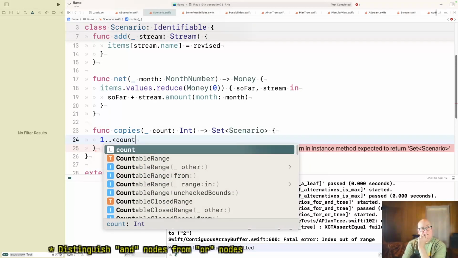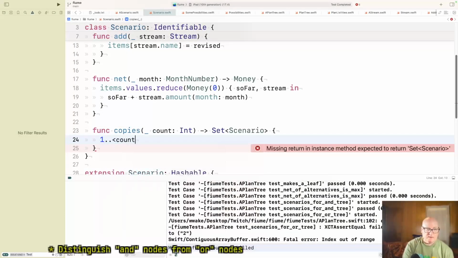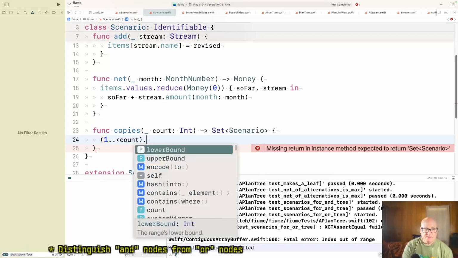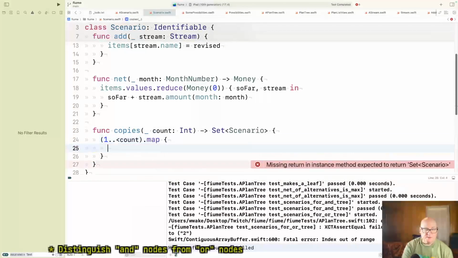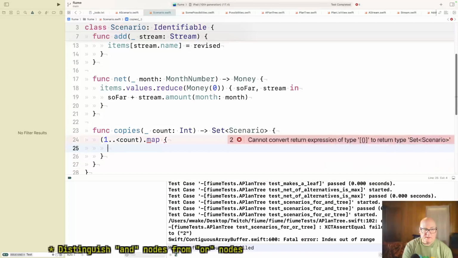So for each one of those, sorry, for this range, 1 to count, we'll map each one to a copy.